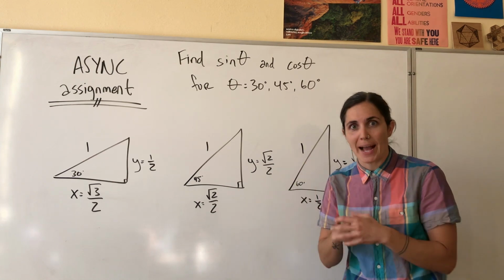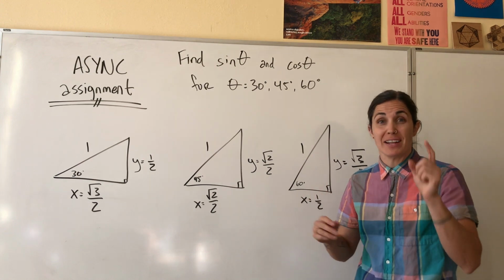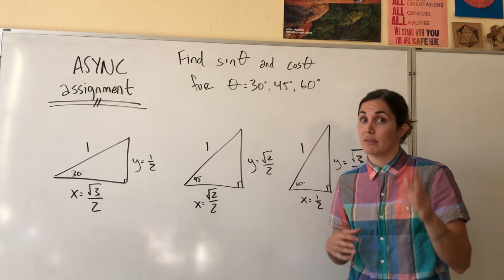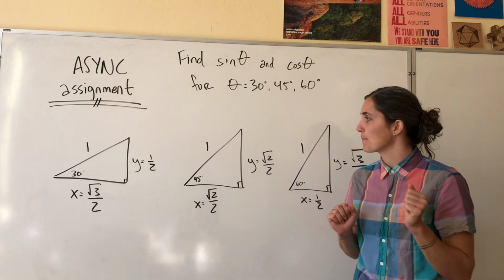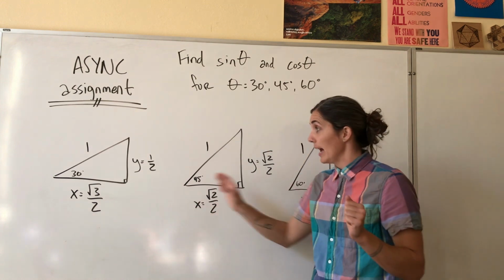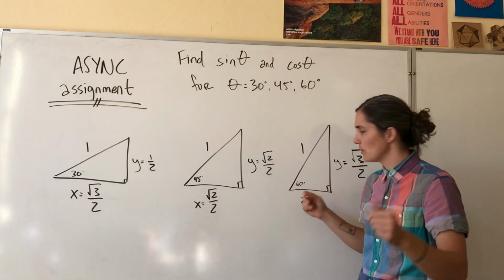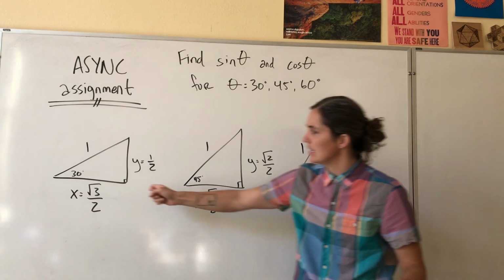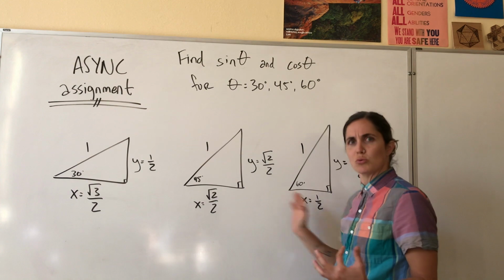Okay, welcome back. Now this is our asynchronous assignment 1.5 and it's a continuation of 1.4. If you haven't done 1.4, go back and do that. After completing 1.4, you should have got your answers looking something like this. And noticing it wasn't actually that much work because these two triangles, the 30, 60, 90, these two triangles are